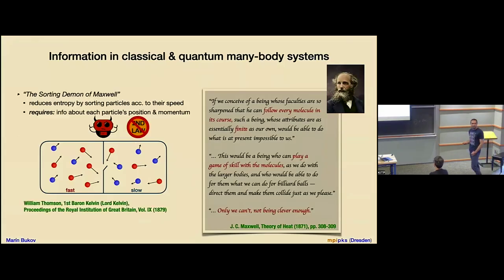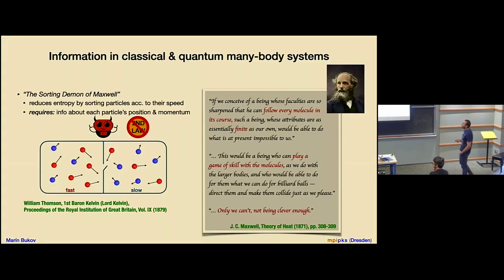Now, this being was later dubbed by Lord Kelvin the sorting demon of Maxwell, and as you guys know, what it does is the following. So imagine you have a container of gas of molecules, some of them at some finite temperature, and some of them move a little bit faster, others move a little bit slower. And then what the demon does is it keeps track of the positions and momenta of all these particles in some record. And then every time that a hot particle happens to approach this bipartition here to the left, then